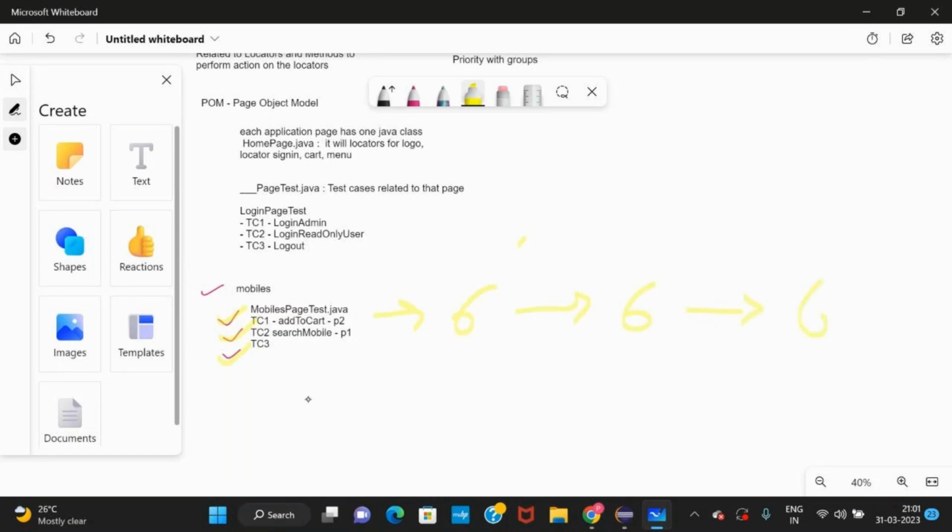You have to change the test cases. Then if you leave a company or some other people join, they should be able to understand your code. For example, A is writing code, then B joins your project, and B should also be able to understand the code. For all those things we have to make our code easy.